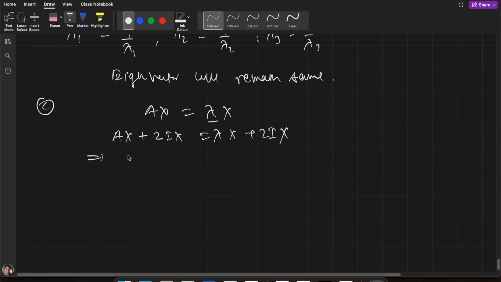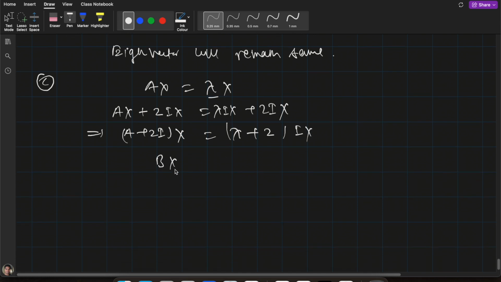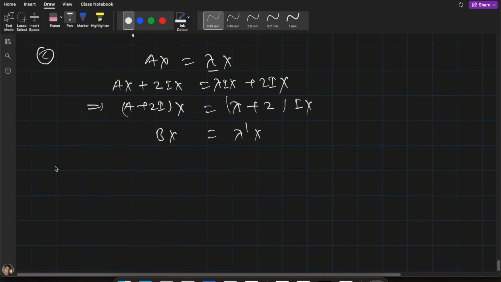You can see it becomes (A + 2I)x = (λ + 2)x. Here the identity is also hidden. So λ + 2 times x, again Bx equals λ' x, which means